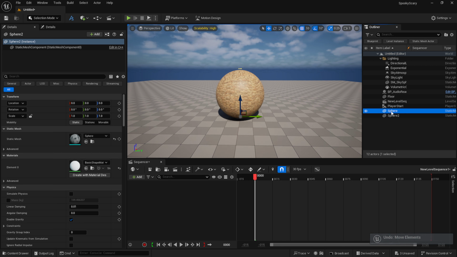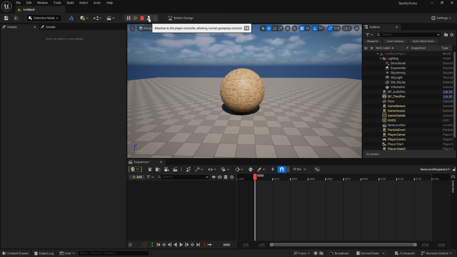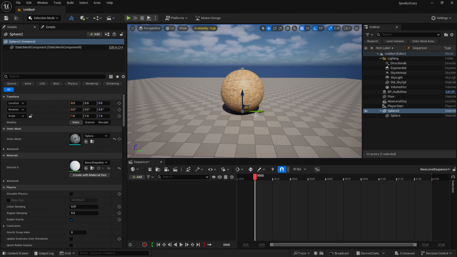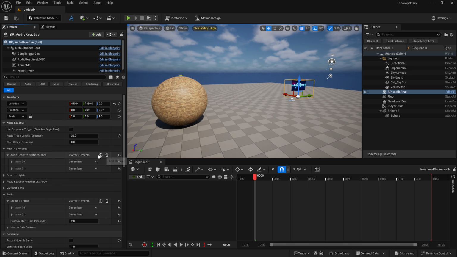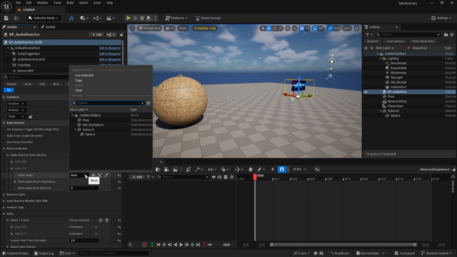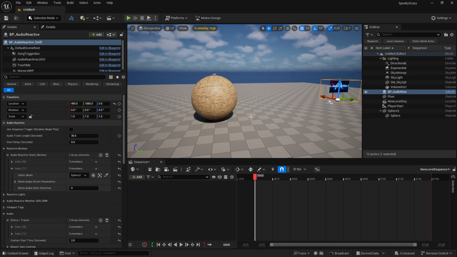Let's go ahead and parent my existing sphere to this new little sphere. And now we have, cool, so we still have our original animation. Now let's go to our blueprint and let's add one more reactive mesh. This time, let's add the new parent sphere, sphere 2. Sorry, I should have named that, but yeah, sphere 2 is the new little white sphere I added, and it is going to be now also controlling this main sphere.